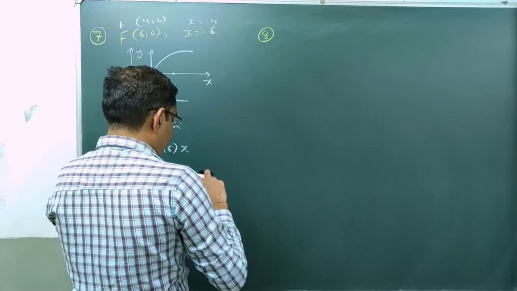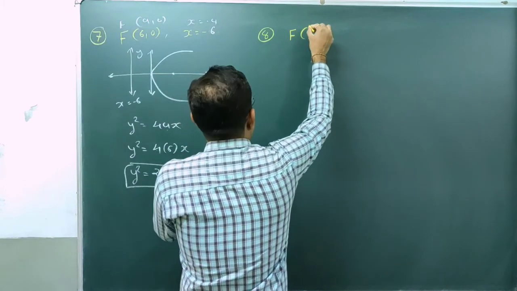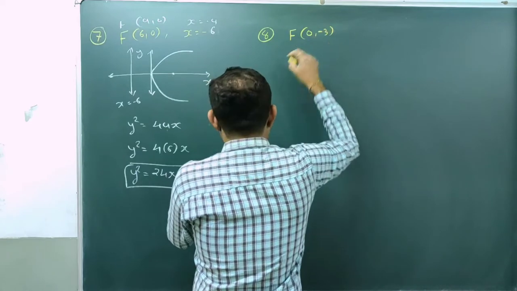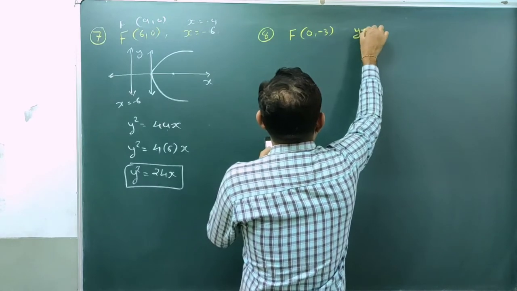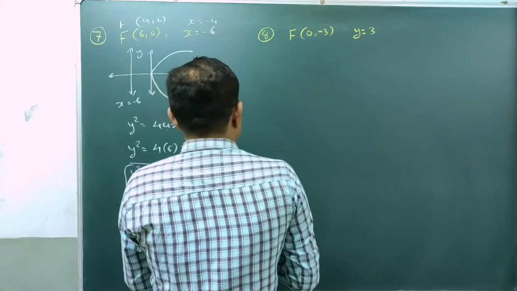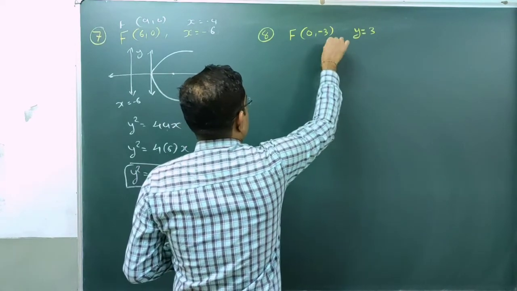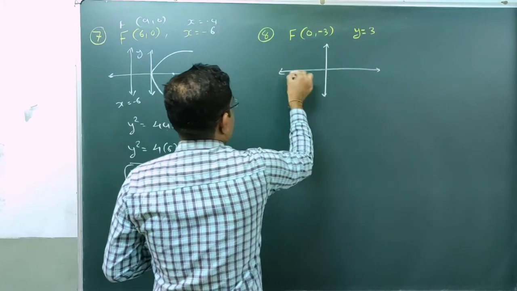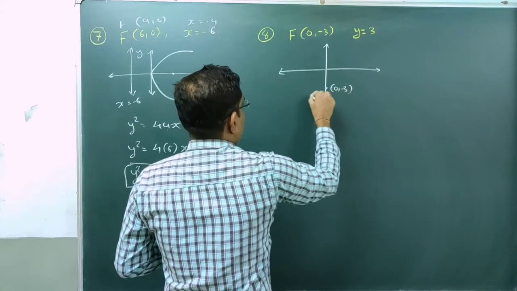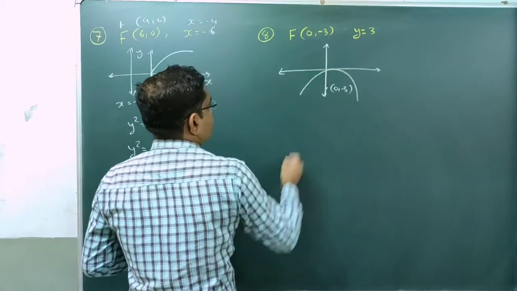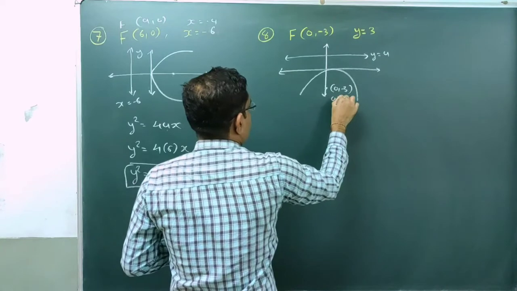Question number 8. Find the equation of parabola which satisfies the following condition. Now focus is changed. Coordinates of focus (0, -3). अभी बोलो ये फोकस कहाँ पर है? Yes, negative y-axis. And equation of directrix is y equal to 3. So try to draw a rough diagram. ये x axis y axis आ गई. Now focus lies on negative y-axis, यहाँ पर है ना (0, -3). यहाँ पर फोकस है, पैराबोला ऐसे होगा, और डायरेक्ट्रिक्स यहाँ पर होगी, है ना. यहाँ पर होती है y equal to a, ये हो गया (0, -a).